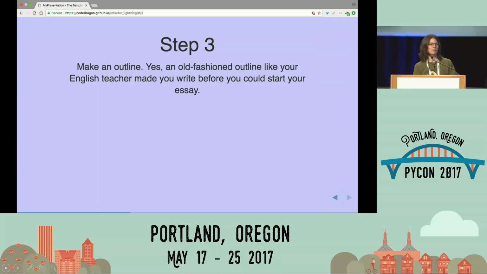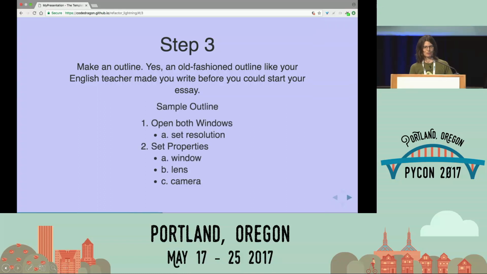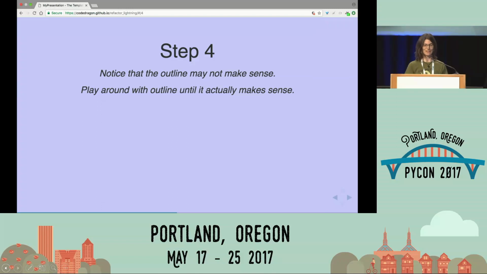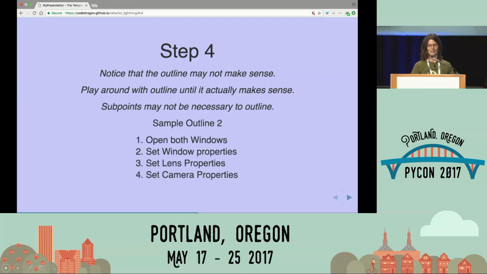So step three, I would say, would be to write an outline, a sort of old-fashioned outline, points about what's going on in the code. And when you form the code in this manner, you start to see where your organizational flaws are. So step four, noticing that the outline might not make sense, playing around with it, and coming up with something